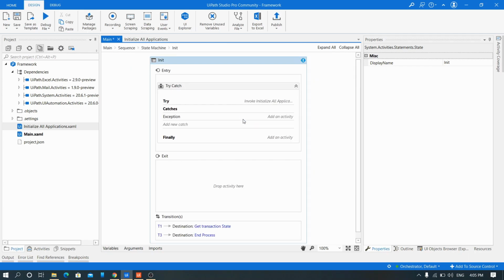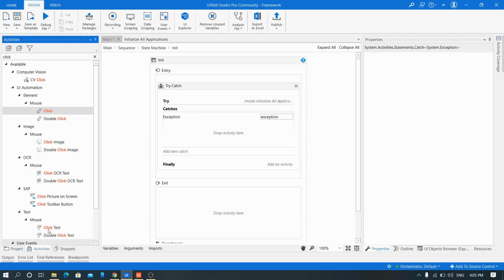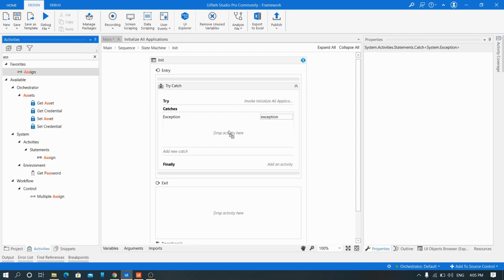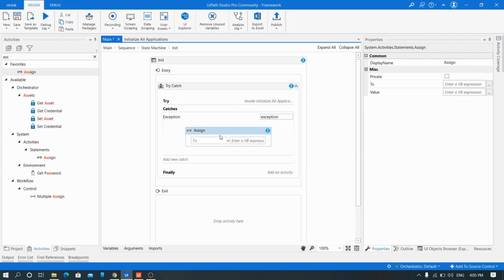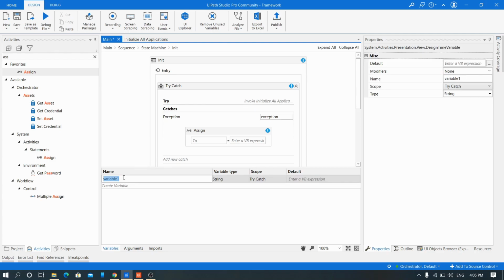Okay, what we'll do, we will declare a variable. Let's say the variable is of type boolean flag.